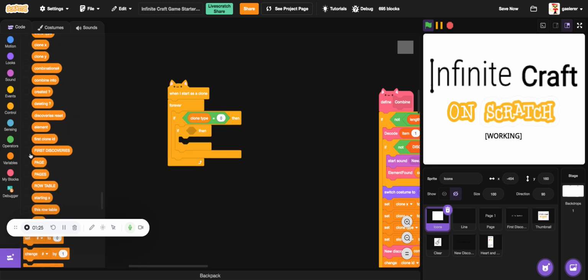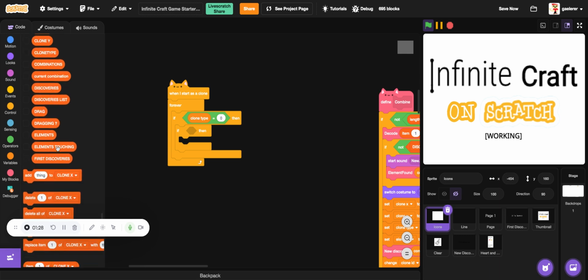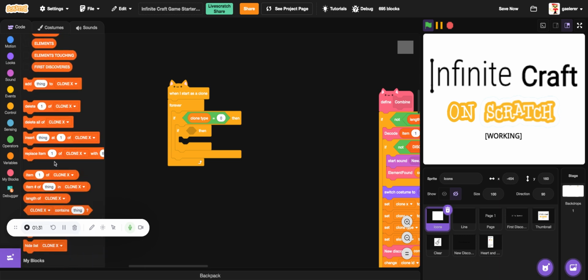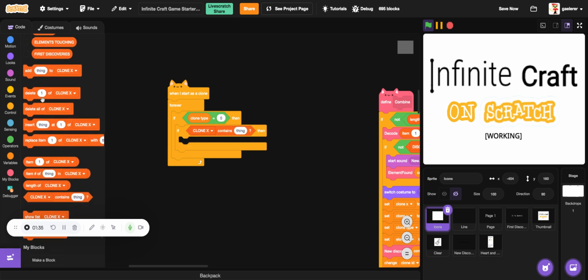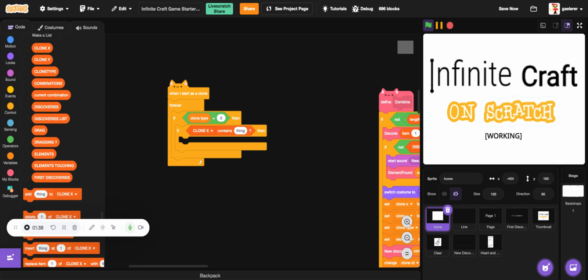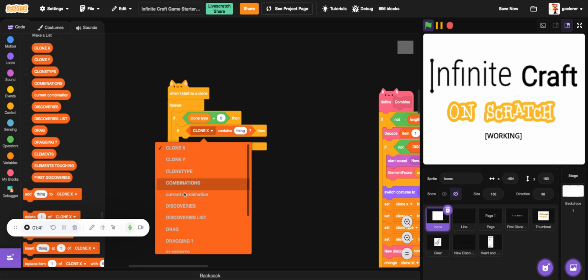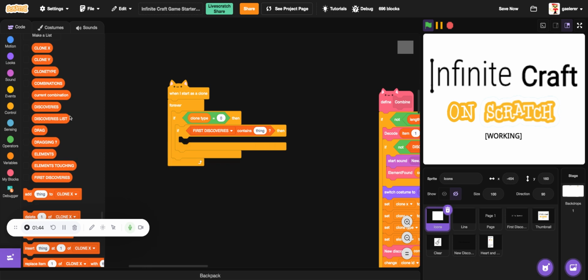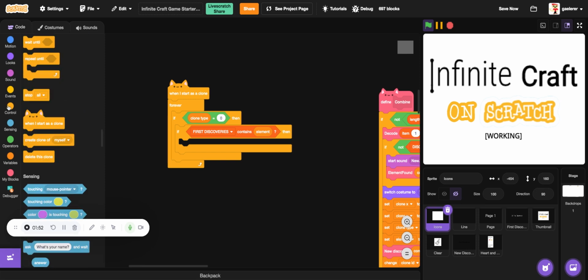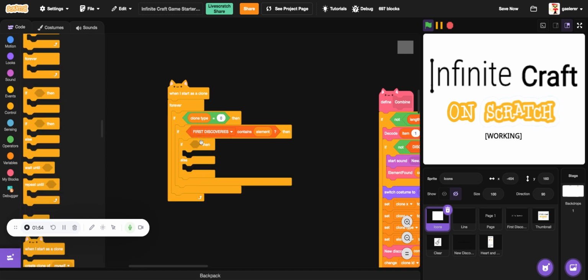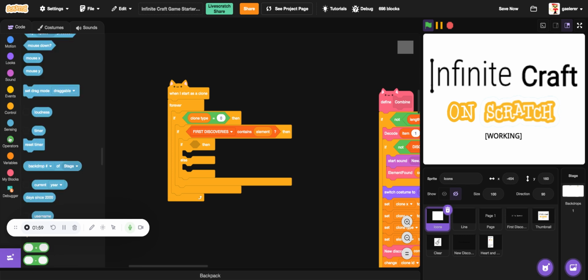go to list, if first discoveries contains the variable element, there we go, put an if else, put an and